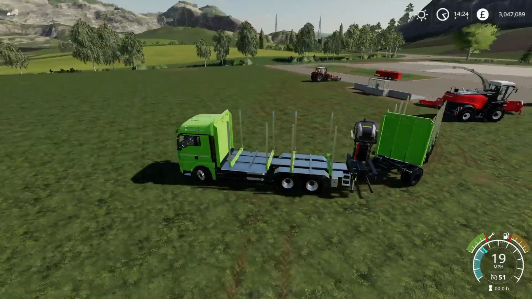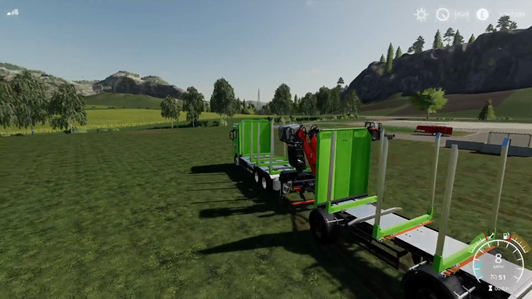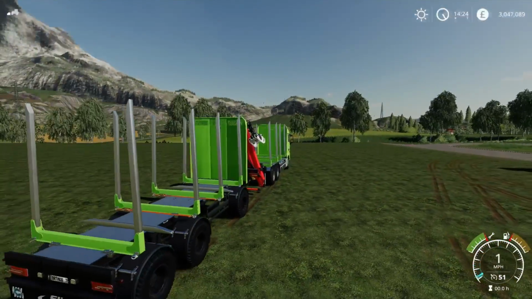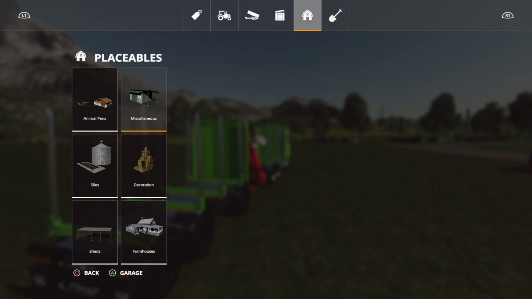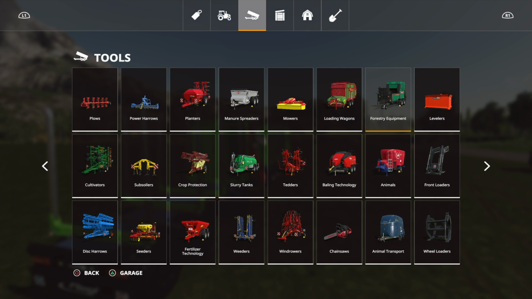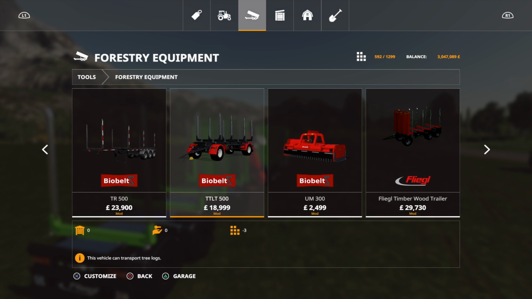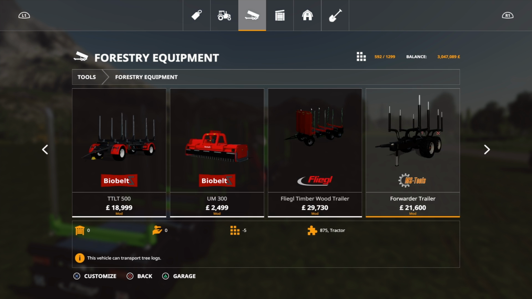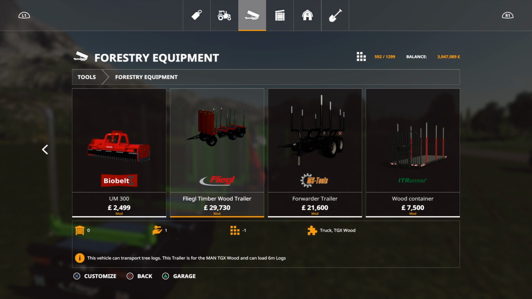So let's move that out of the way. And look in store. What do we have for us under forestry equipment? We'll scroll across. Yes, we've got the Tilt 500, which is 18,000 already, from Toxicom. And then we've obviously got the forwarder trailer. There's the IT Runner packs. So this is the Flegel Timber Wood Trailer,